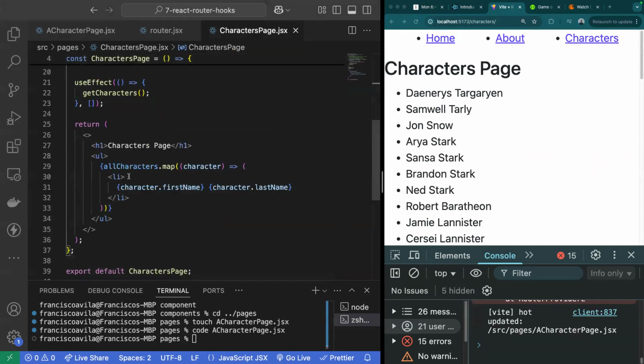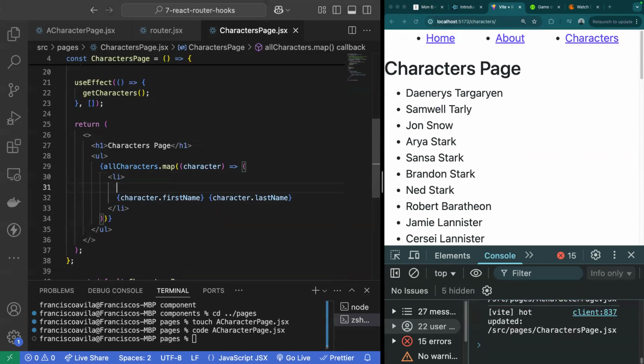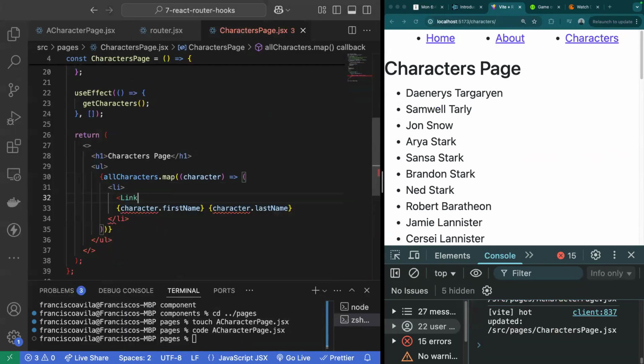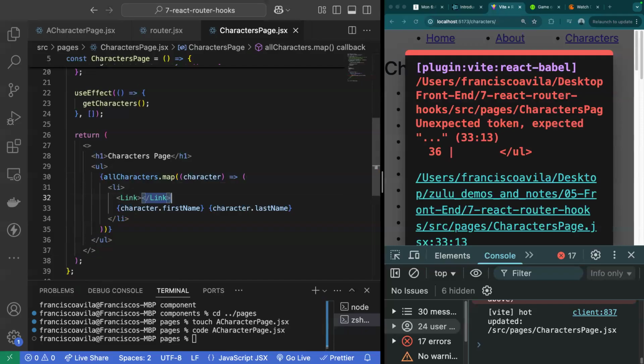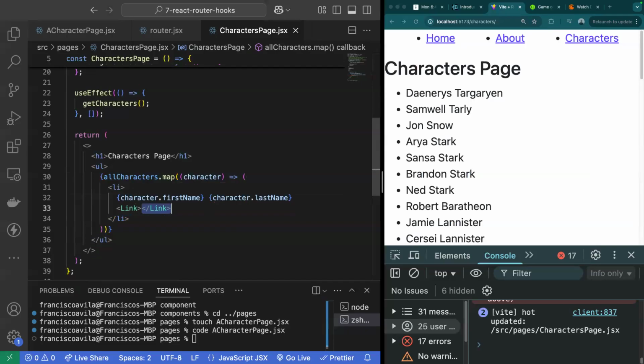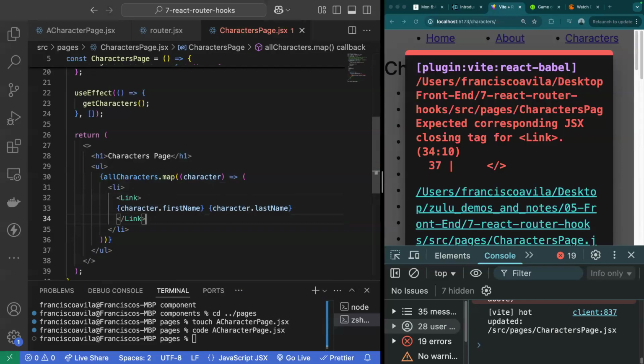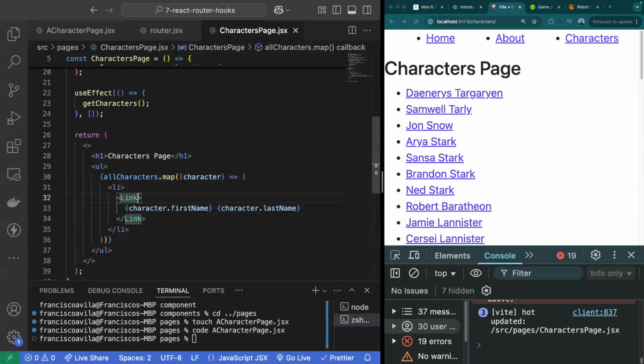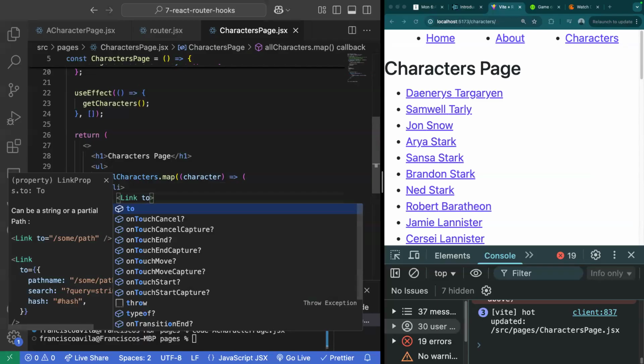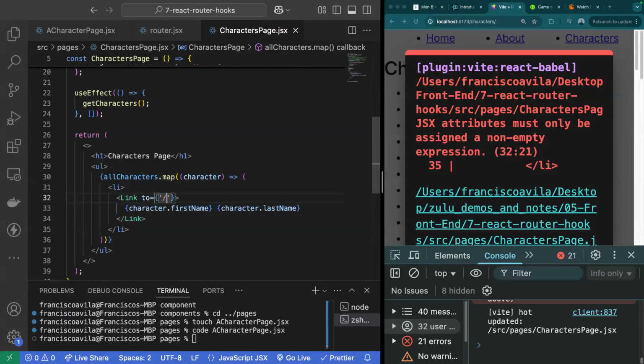Go over to the characters page, and inside of this LI, I'm going to create a link. Now this link is going to aim to characters